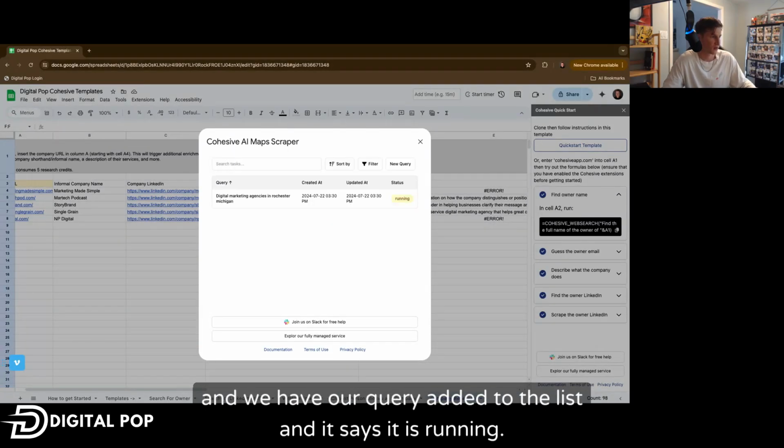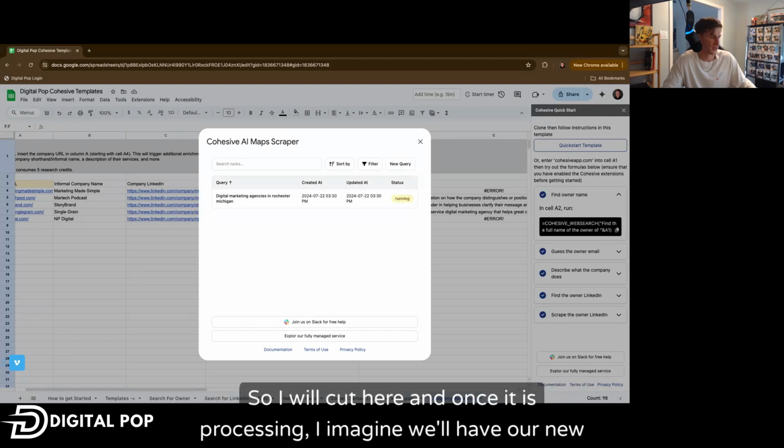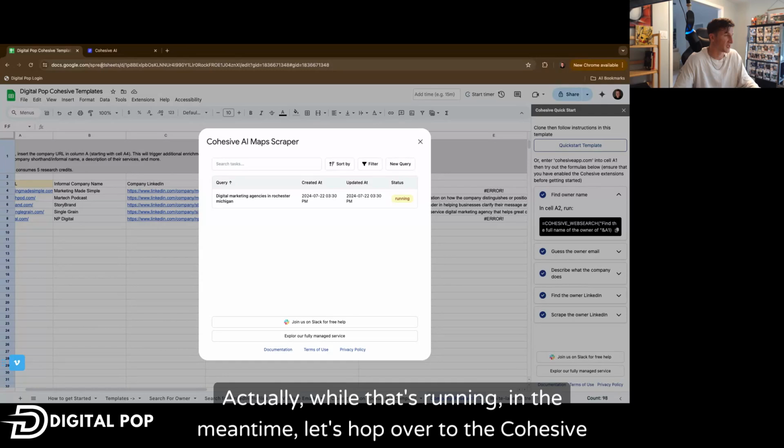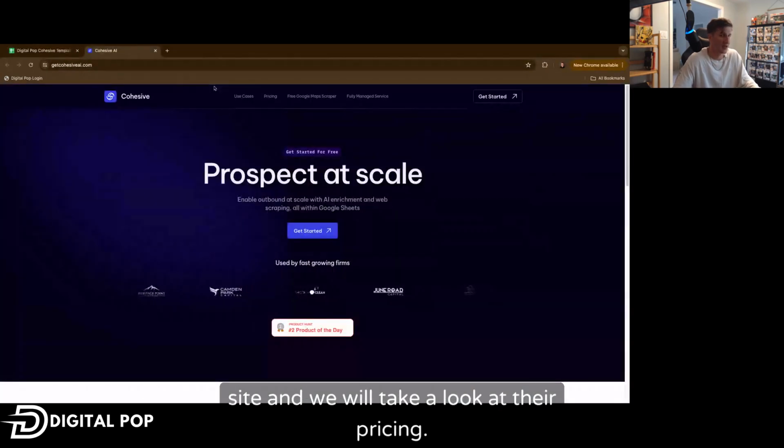And we have our query added to the list, and it says it is running. So I will cut here, and once it is processing, I imagine we'll have our new tab and we can check out what it looks like. One moment, and we'll be back when it's done running. Actually, while that's running, in the meantime, let's hop over to the Cohesive site and we will take a look